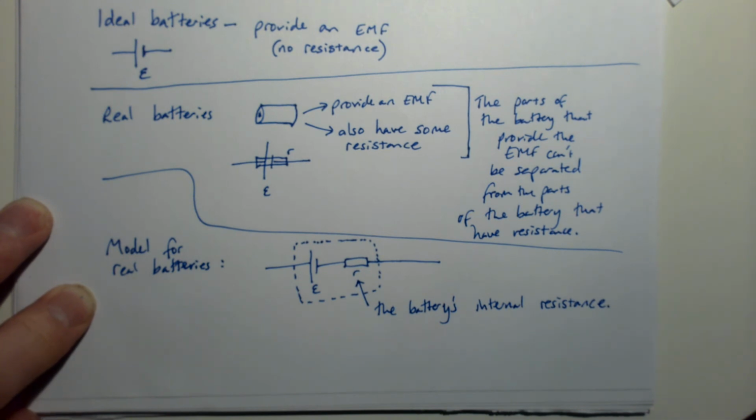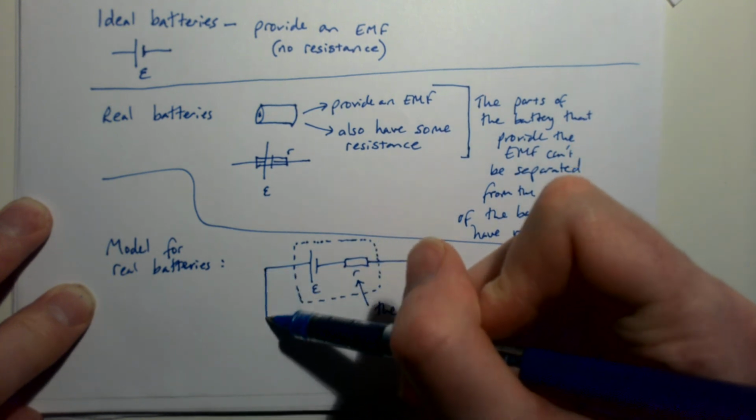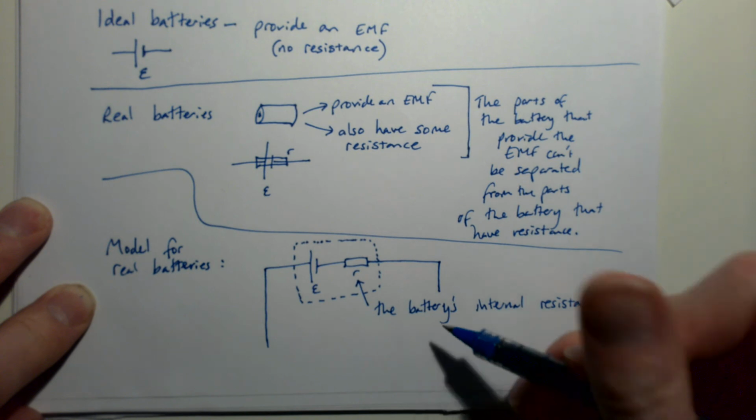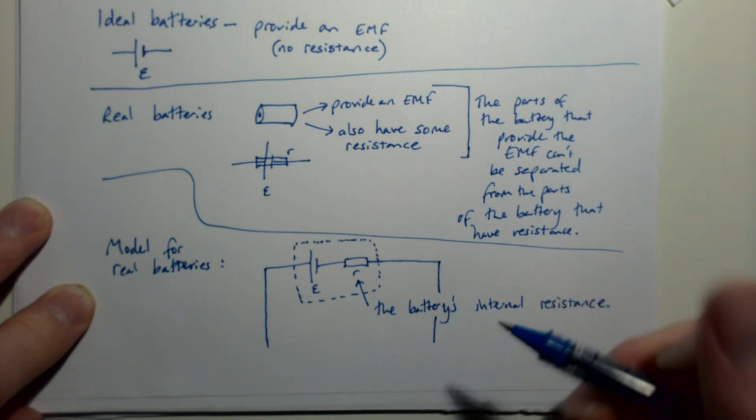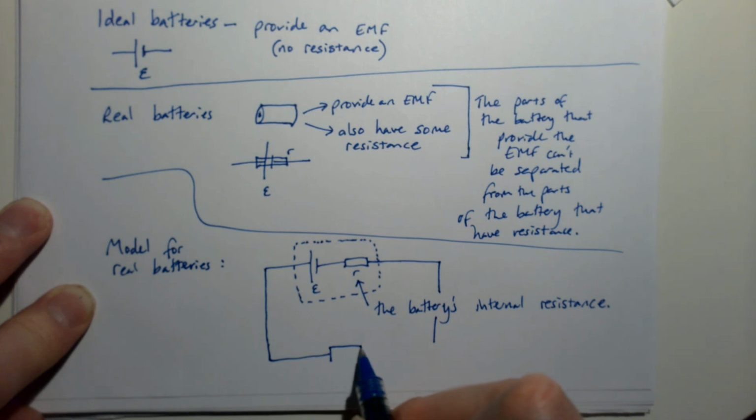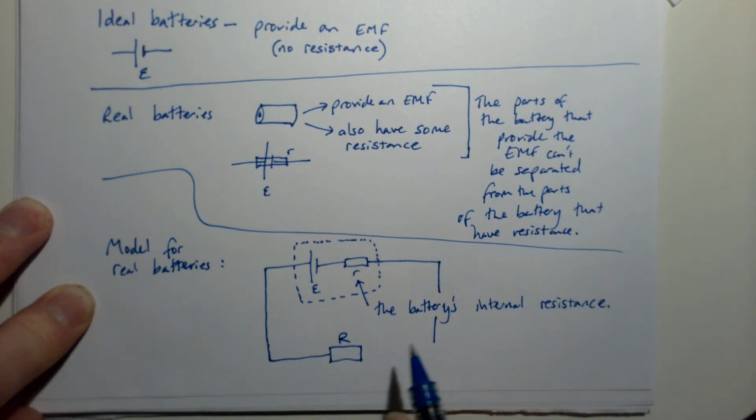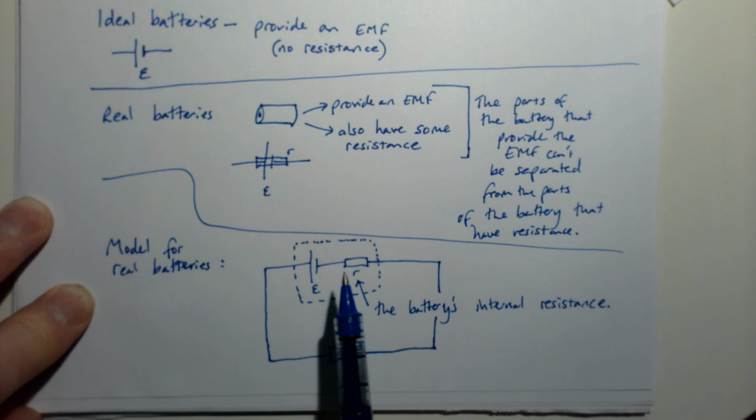So batteries add some resistance into a circuit. So if we then complete this circuit and connect an external circuit, I'll just pretend that wire's all joined up. So the external resistance in the circuit, whatever's connected into the circuit, it could be anything, could be in series, could be in parallel, whatever, it's got a total resistance of capital R. What you might notice is that what we've effectively got in our model is a potential divider circuit, because we've got